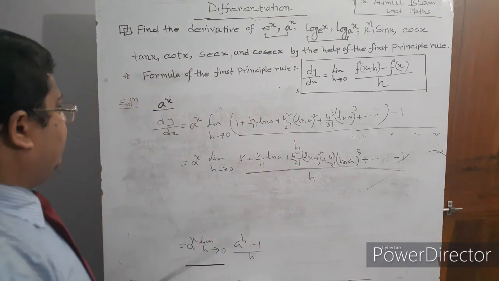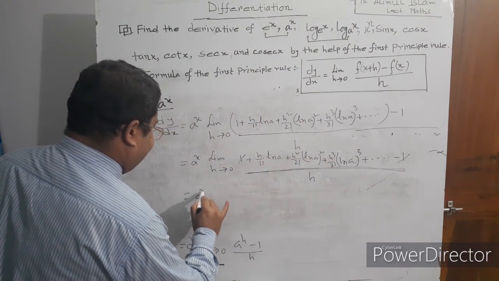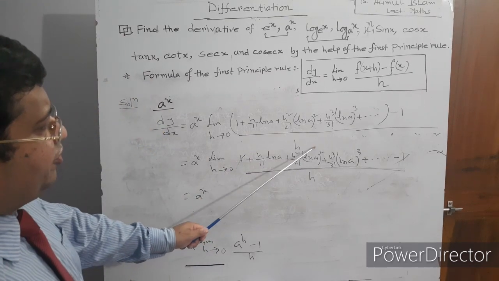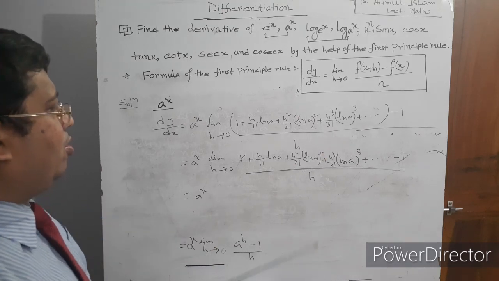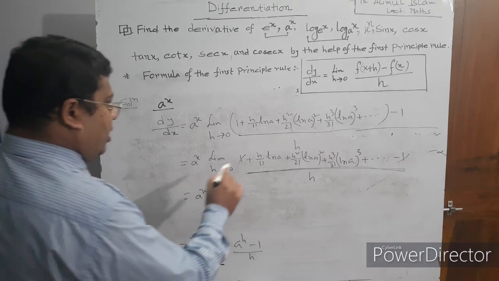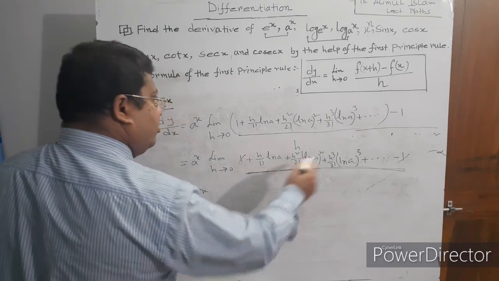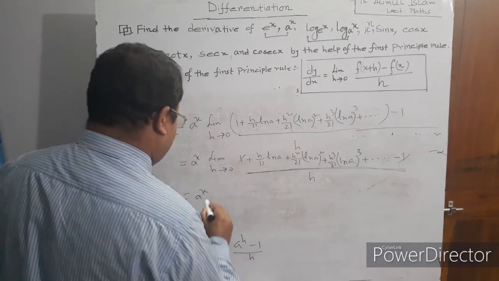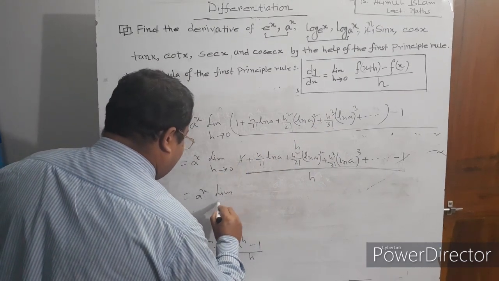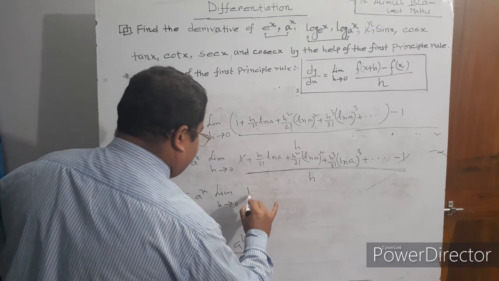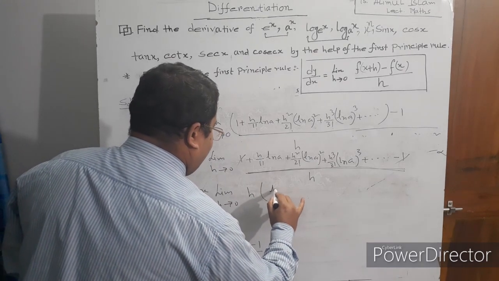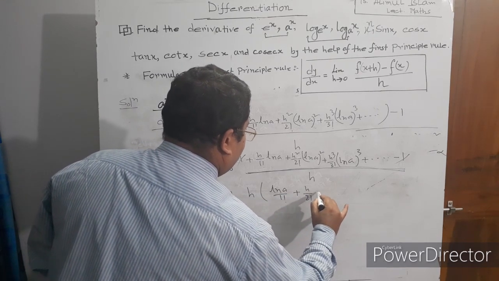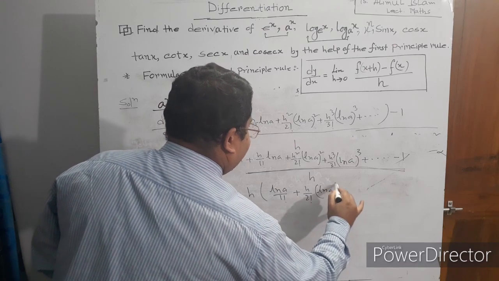Then a to the power x. Here is a times 1 ln a over factorial 1, a squared ln a whole squared over factorial 2, a cubed ln a whole cube over factorial 3. Again, you take the common a's. Limit a tends to 0. Take the common a's in here: ln a over factorial 1 plus a over factorial 2 ln a whole square